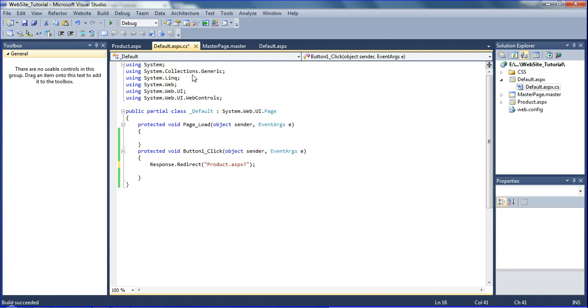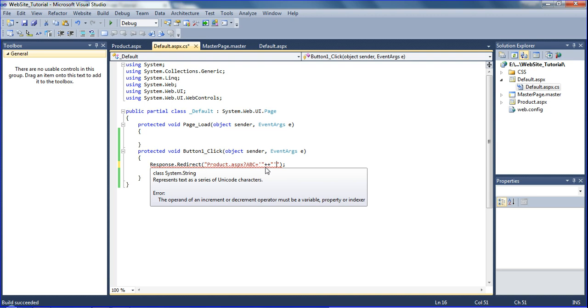So I declare it in the source page's coding page, and declare here a parameter to the destination page. Okay, so here I give any one parameter name, any one name. I just declare here ABC in caps, ABC equal, single quote, double quote, plus plus, double quote, single quote. Okay, here I declare it like this.